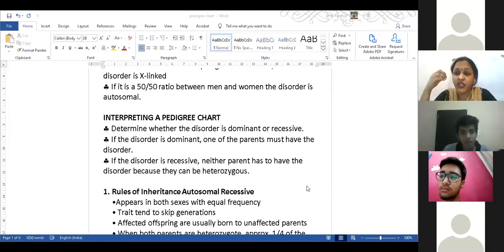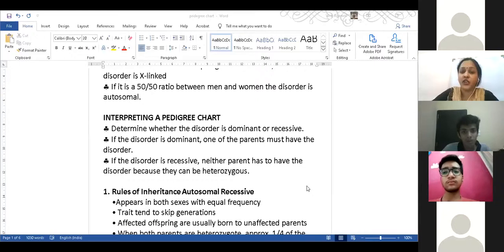That is why when we use the term sex-linked genes, we relate it to only the X chromosome, because the Y chromosome has only the gene for maleness, and there are very, very rare diseases which are caused because of the Y chromosome. Okay, so that you will do when you go for graduation, post-graduation. Otherwise, this is much beyond your syllabus. Even in NEET, you will not get Y-linked diseases, because there are hardly any diseases which are Y-linked.